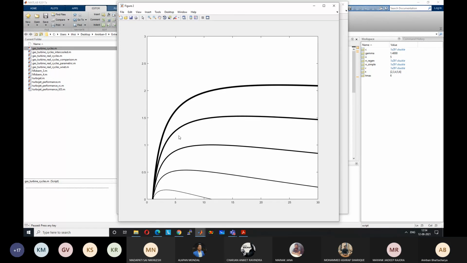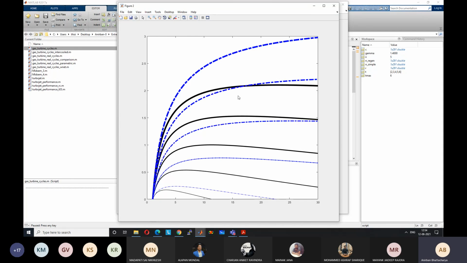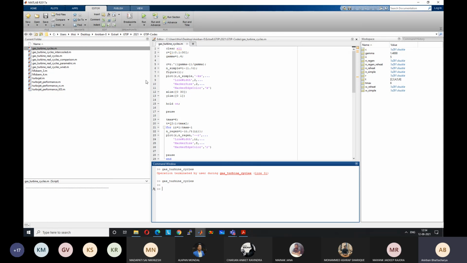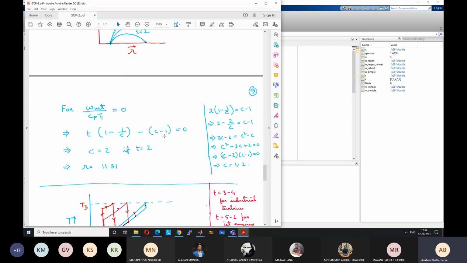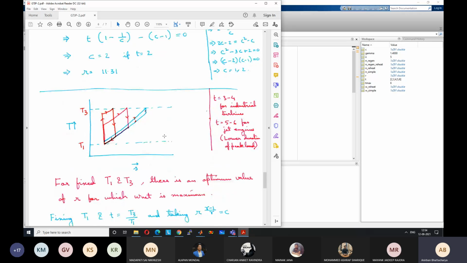So this is how the net specific work output looks like. We will later compare to other cases. We will see that with more additional components or changes, we can increase this significantly, but that is for later classes. So let us stop here and we will continue this discussion